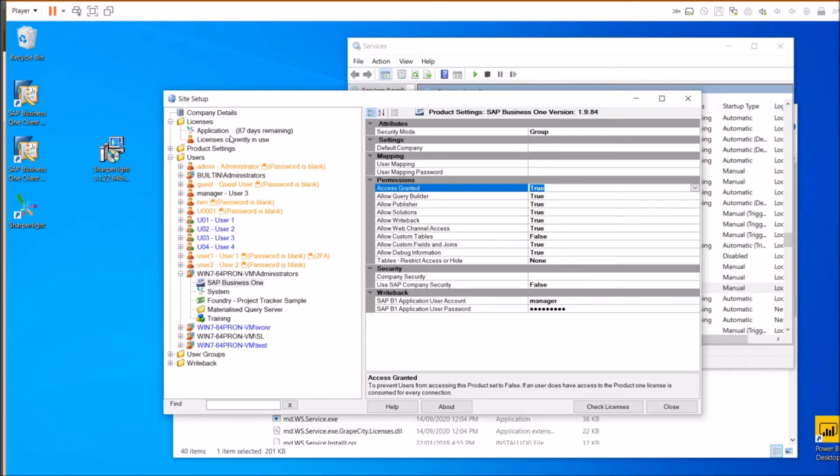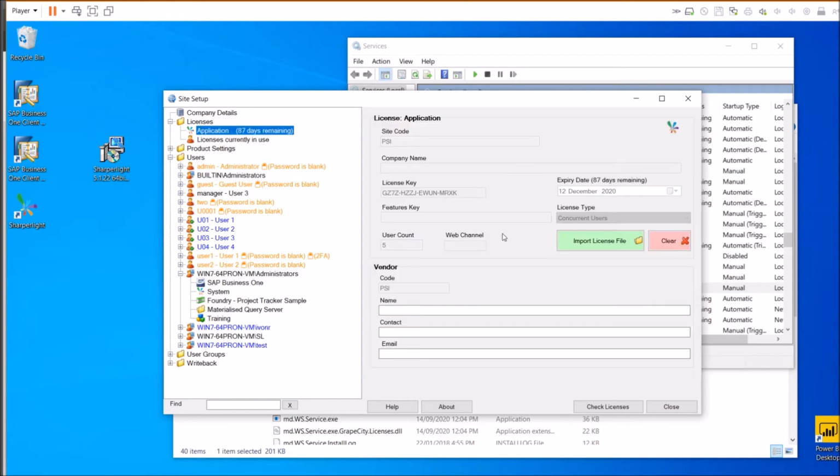Up the top here we have licenses, and this is where you would load your license file. There are videos that cover the concepts of licenses, but let's explain the basics here. There are two types of users, named and concurrent. Named being that you've got a predetermined list of people who can access the system, and concurrent meaning that anyone who can sign in, is just that there's a limit on how many people can concurrently, at the same time,